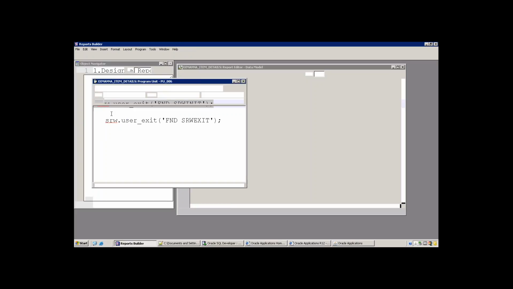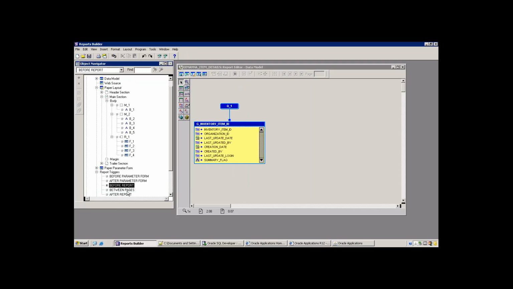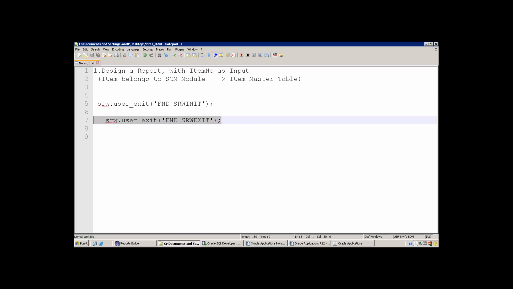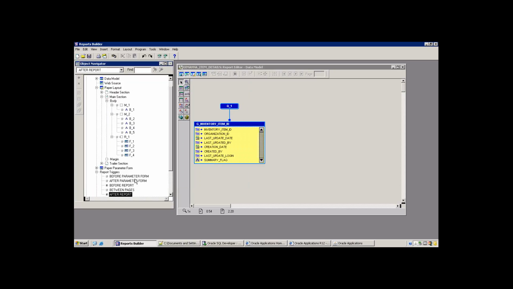Okay, for the initialization, compile, and then after report, F11 and then exit, compile. So that's it. And one more thing is once you add this particular code, you cannot run the